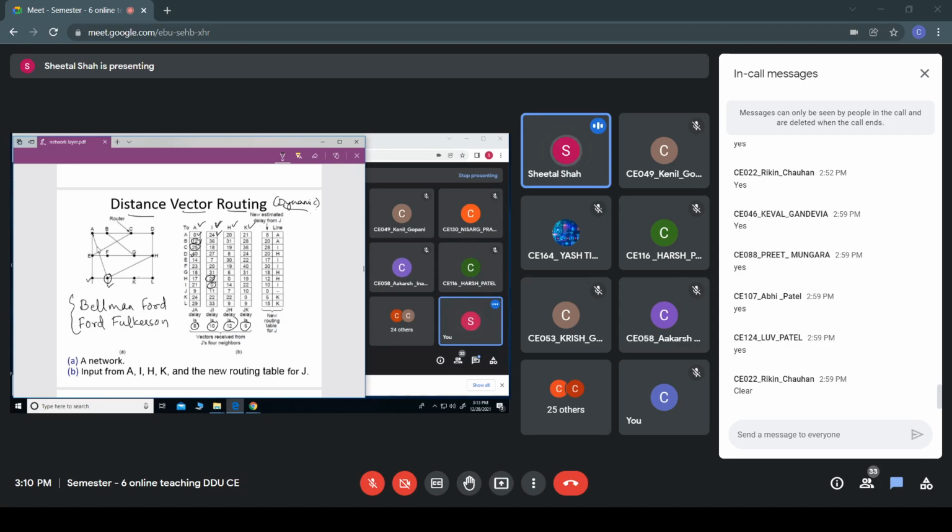For this, some dummy packet would be sent to I, and the response would come back to J. By looking at this, it would come to know the delay from J to I. Similarly, to get the delay from J to A, it would send some packet to A, and when it receives that packet back, it would timestamp it and find out how much time it takes to reach host A, and so on.